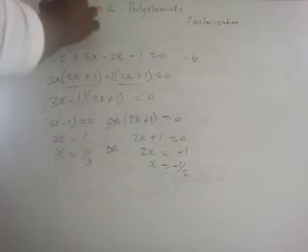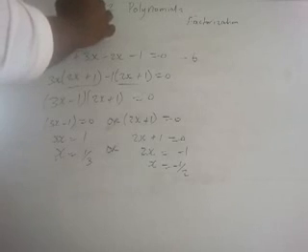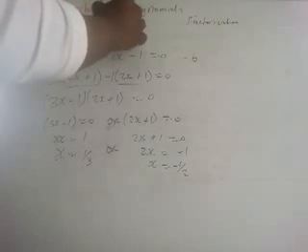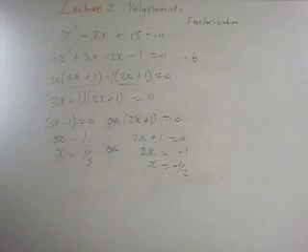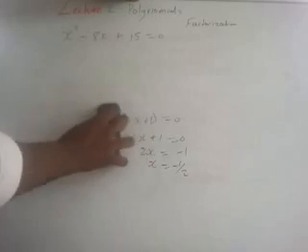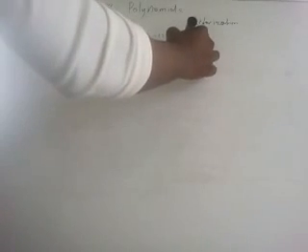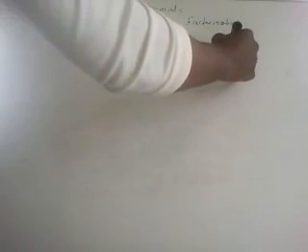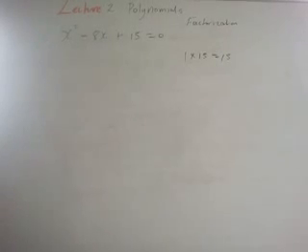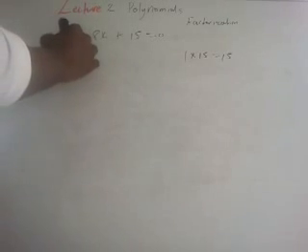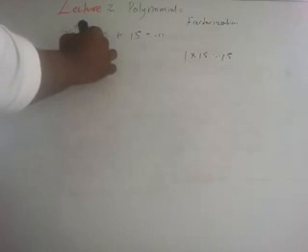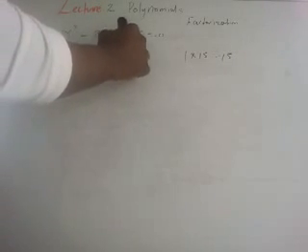Now let's do one more. So we have x squared minus 8x plus 15 is equal to 0. Now let us rub off these to get some room. Ready. 1 multiplied by 15 is equal to 15, let's say positive 15. So we need two numbers that multiply together to give 15 and when added give -8. And right away we can see that -5x and -3x